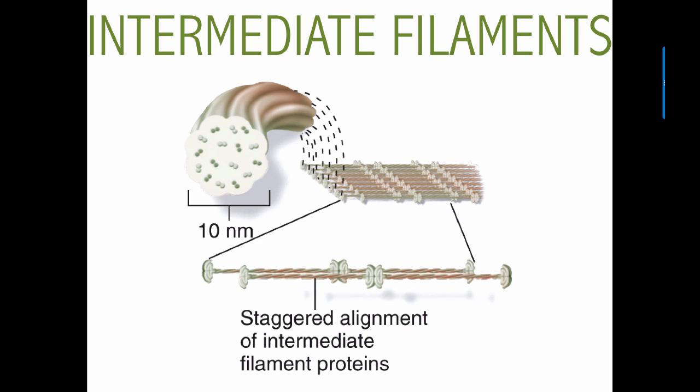And these are like twisted rope-like fibrous structures, and they have this staggered alignment. You have an individual filament protein here, and that gets wound around another filament, and then these form tetramers and higher order structures, and then they get wrapped up to make rope-like structures. So I'm not getting into a lot of the functions here. I'm going to leave you to take a look at the functions of these structures